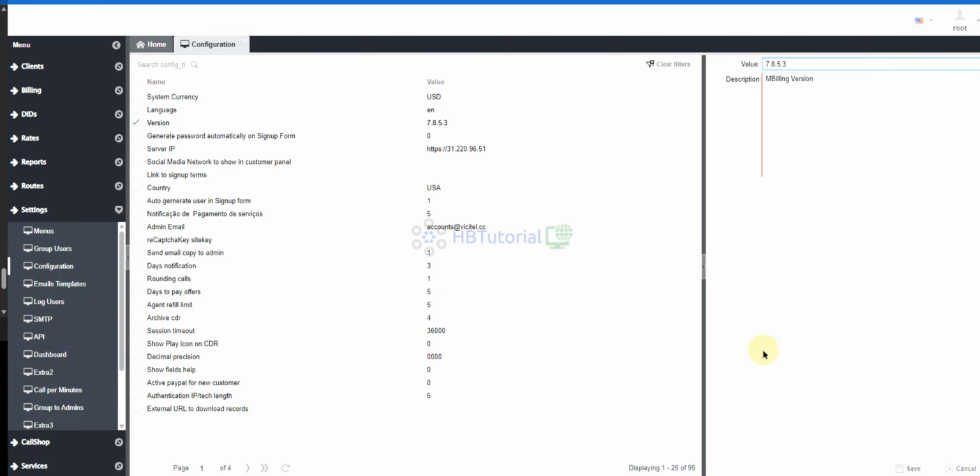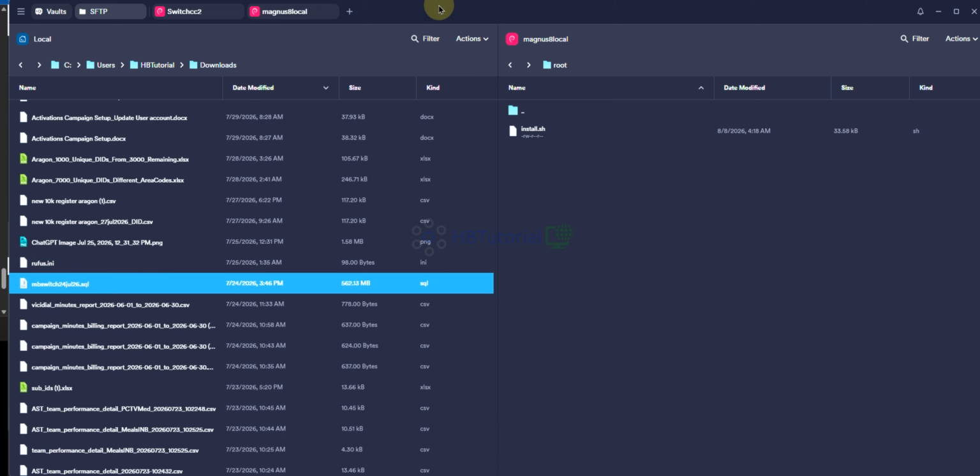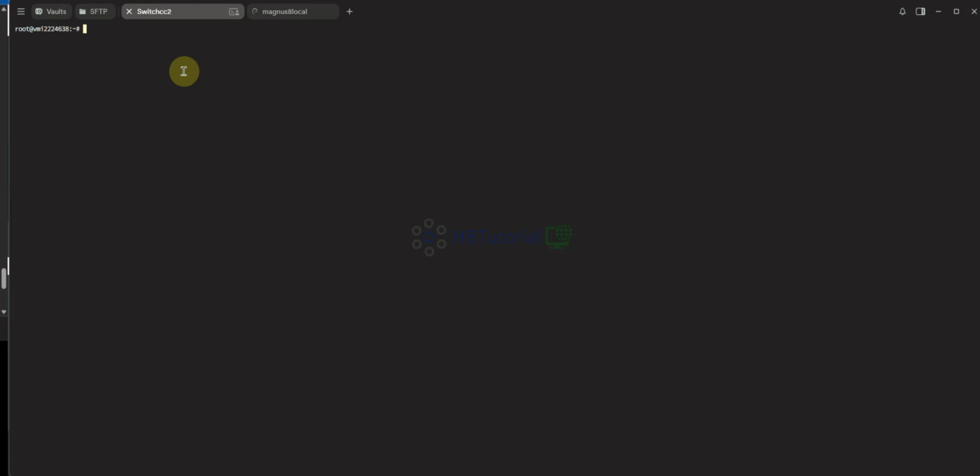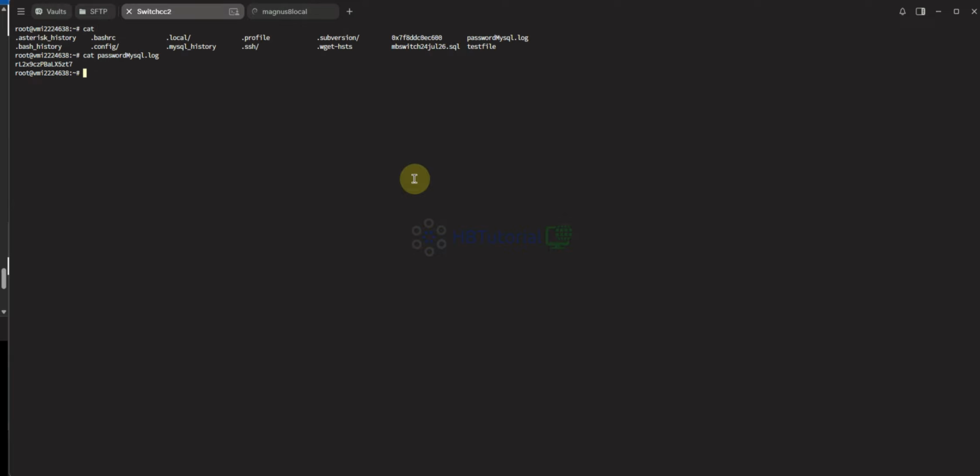To check your SQL password, access this password file locally, and then type mysql -u root -p, then copy the password shown.